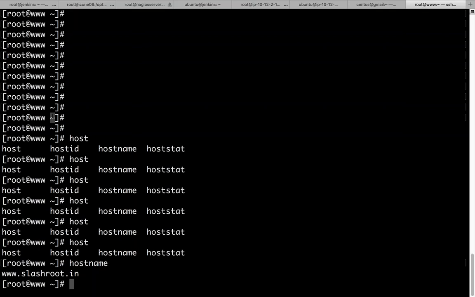When I say the tilde symbol indicates that you are currently logged into the server as root user, you are in fact currently located in the home directory of root user. That is what the tilde symbol is indicating, which means currently you are sitting inside the home directory of root user.